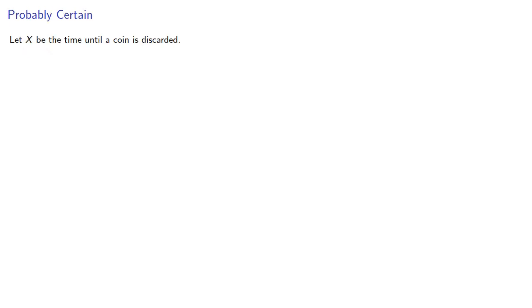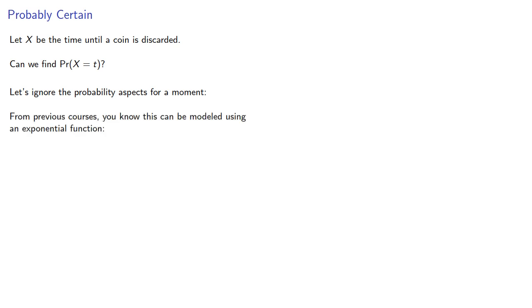So let x be the time until a coin is discarded. Can we find the probability that x is equal to some given value? Let's ignore the probability aspects for a moment. From previous courses, you know that this type of problem can be modeled using an exponential function. Given some initial amount a0, the amount after time t can be modeled using